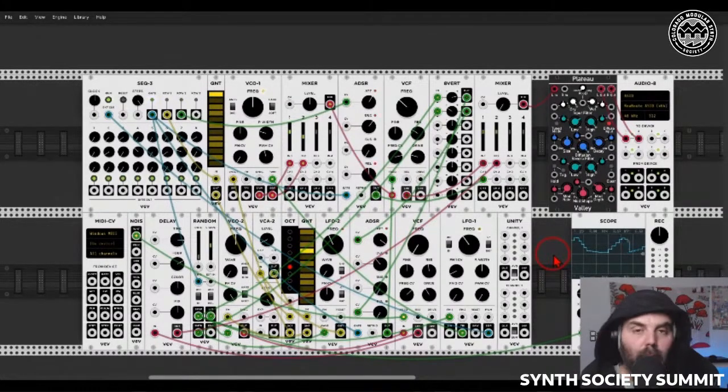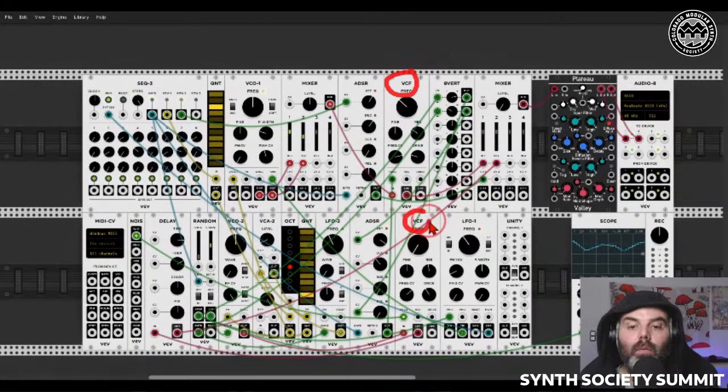So what do we have in this patch? We have a sequencer, the sequencer from VCV. It has 3 rows, which is really useful. I have here, or I added here also 2 quantizers. So you can stay either in scale or you can use a quantizer in different ways, like running voices through a quantizer. It can also be interesting. Then 2 oscillators, the VCO1 and the VCO2. And 2 mixers, and this mixer from VCV is also a quad VCA, which is also quite interesting. And then 2 envelopes, 2 ADSR envelopes, 2 filters.